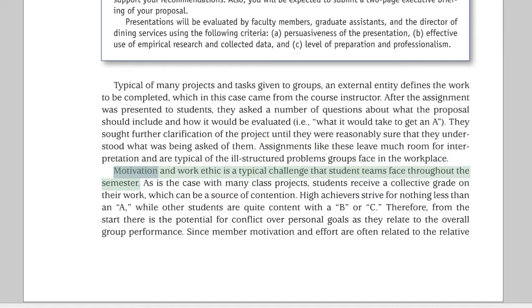Motivation and work ethic is a typical challenge that student teams face throughout the semester. As is the case with many class projects, students receive a collective grade on their work, which can be a source of contention. High achievers strive for nothing less than A, while other students are quite content with a B or C. Therefore, from the start there is the potential for conflict over personal goals as they relate to the overall group performance. Since member motivation and effort are often related to the relative